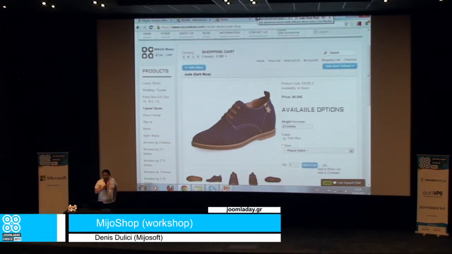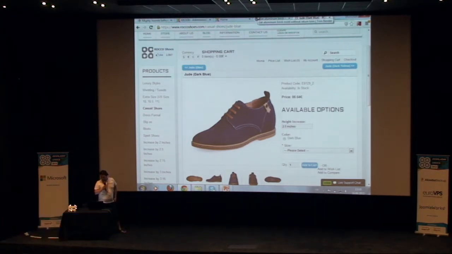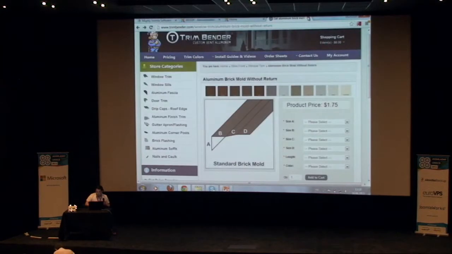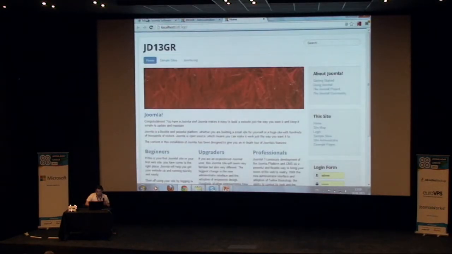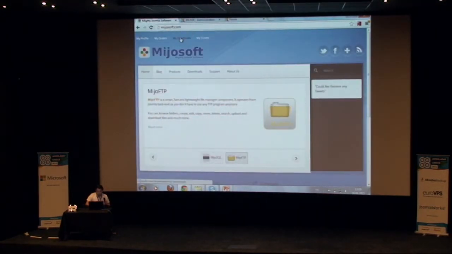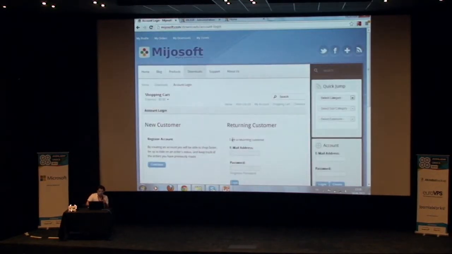I will show you how to use MijoShop in Joomla 3.0, and we will see how that goes. First of all, we will need to download it from the